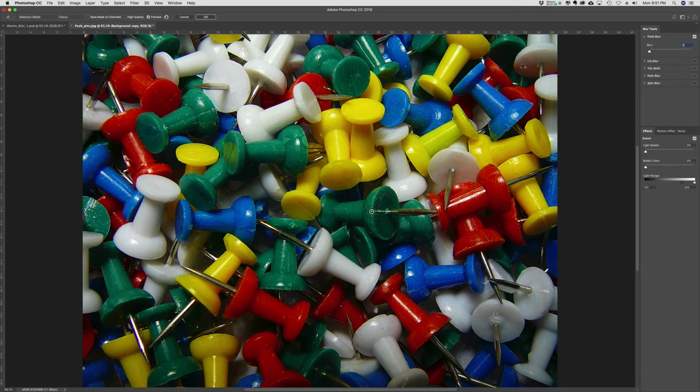Now, if you wanted to do a gradient with field blur, we could add another pin. So let's say I wanted to have something come over here, and I've got a new one. On my new one, let's say I want to set that to about 15. Actually I did it to 17. That pin is showing blur radiating out, and then this one is not having blur. You can see in one image I can differentiate the amount of blur, so it's blurrier in different parts. So I could make a third pin down here,